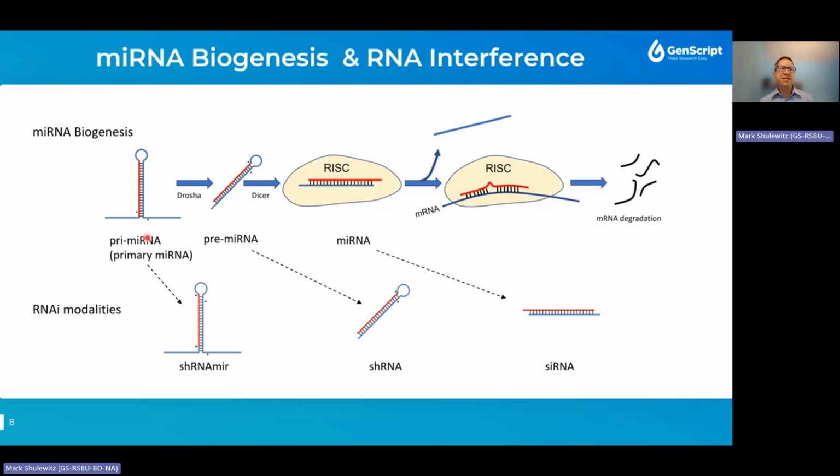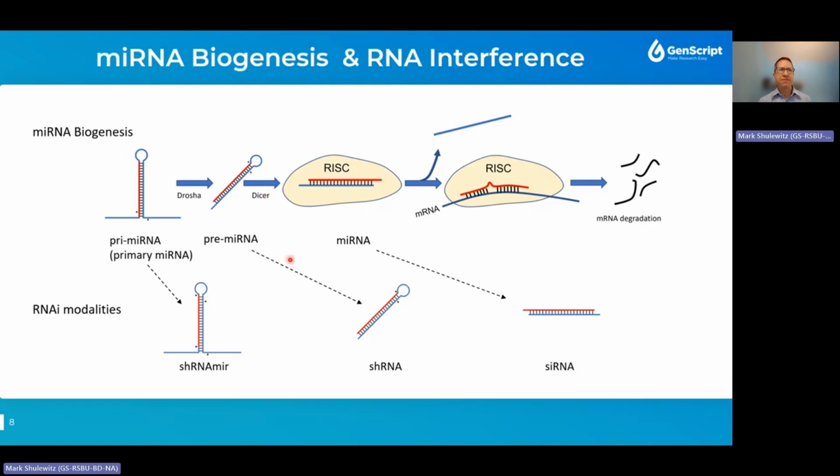So the different intermediates in microRNA biogenesis, the primary and pre-microRNA, may look familiar because they serve as the basis for another class of gene silencing molecules involved in RNA interference, small hairpin RNAs, or shRNAs. The traditional shRNAs resemble pre-microRNAs and are transcribed from DNA. Once they're expressed, they enter the RNA interference pathway and are processed by Dicer, which removes the loop to produce